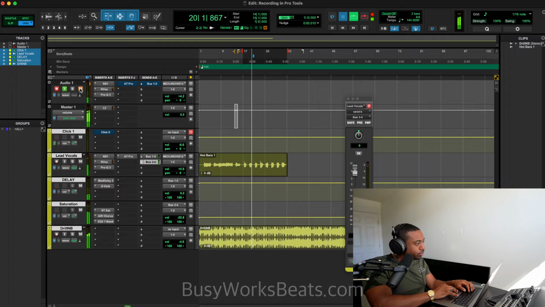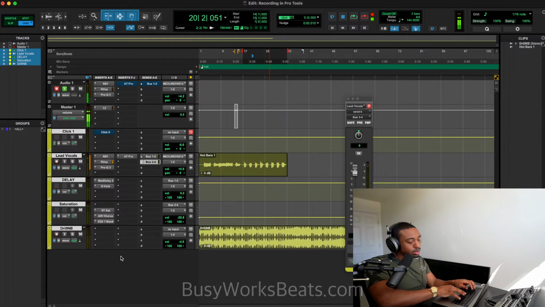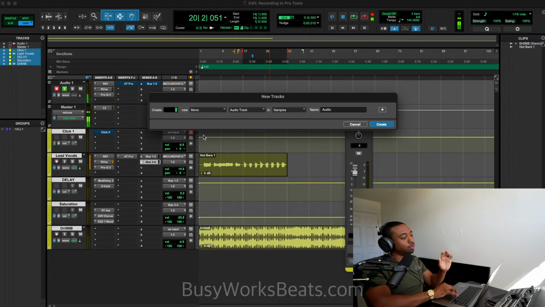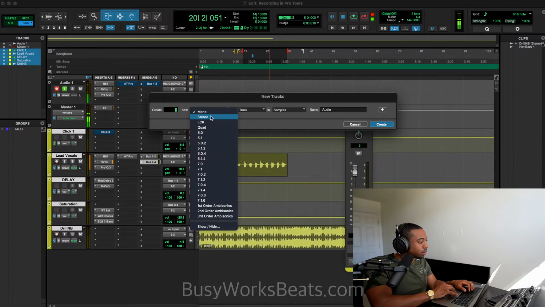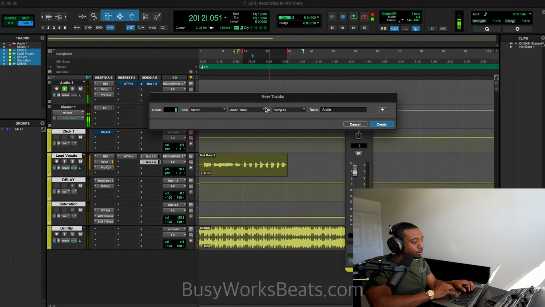One last track you might want to look into is a parallel compressor. Again, this is starting to turn into a vocal mixing video more than a recording video. So I don't want to make this like gospel, because some people will take this as gospel. So let's do a stereo. Let's do an audio track. Now, technically it's a mono signal on the compressor.